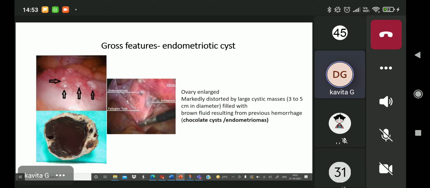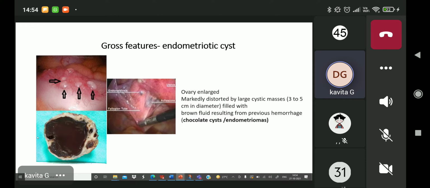Now inside the ovary, if endometriosis is confined to the ovaries, what happens? So you can see in this photo over here, the ovary has become enlarged. It is grossly distorted. आपको इसका normal architecture नहीं पता, outer cortex and inner ovary and hilum, वो कुछ नहीं समझ में आ रहा. You have a cystic structure, you have a cystic cavity which is filled with this brownish fluid, which is actually solidified to form a brownish coagulum.